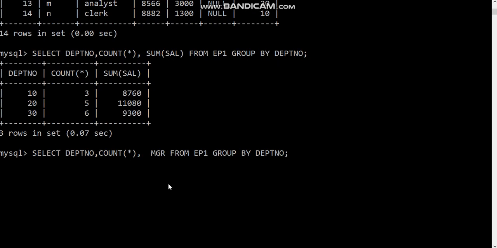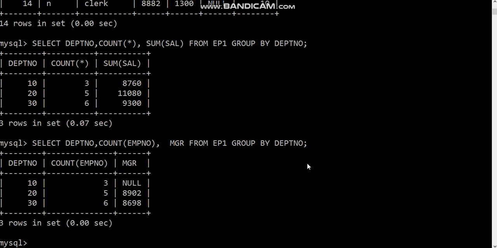So this is a non-group field. Count, I'll put something else: count employee numbers. It will count how many employees are there, and show the department number, and the manager field is also there from EMP1, group by department.